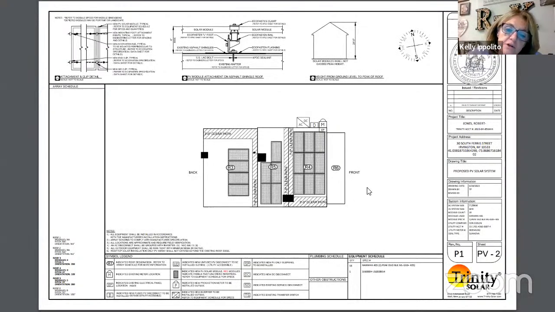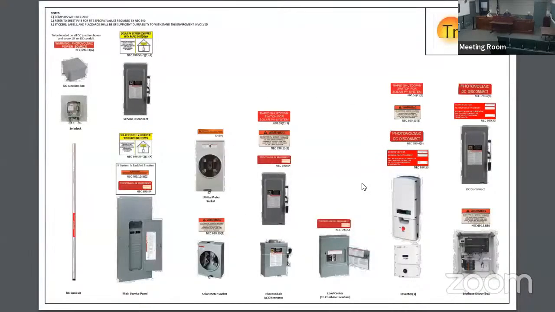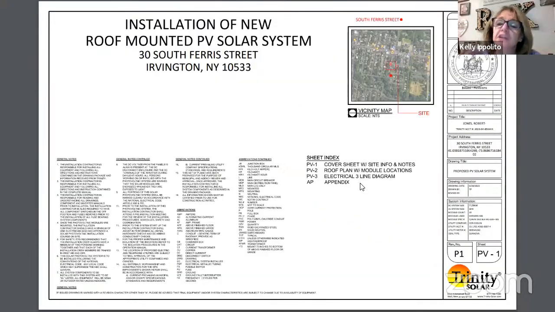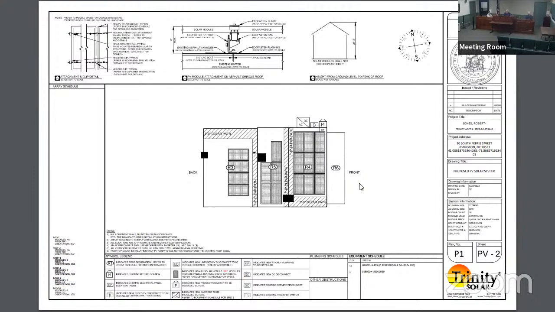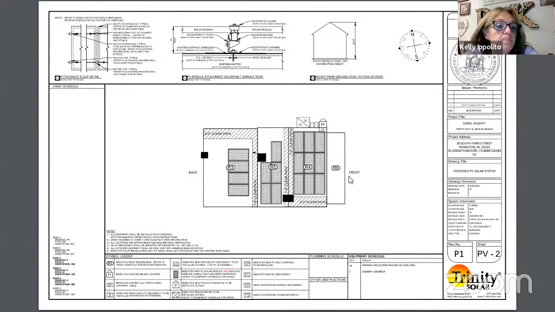Hang on a second. I don't have a picture of the home. Do I? An elevated photo or? No, let me ask you something. Would you like us to do this? This is our 2nd time installing in Irvington. Is this something we should do moving forward? We usually superimpose panels on the home so you can see what it would look like from the street when it's facing the street. That's pretty much required by us usually. Because I know this street pretty well, I don't necessarily think. But you don't have any photograph elevations? I do not.